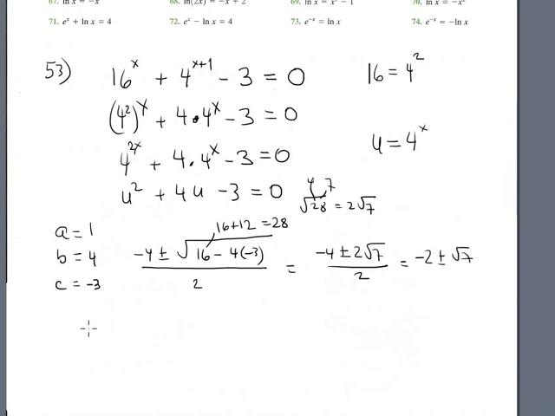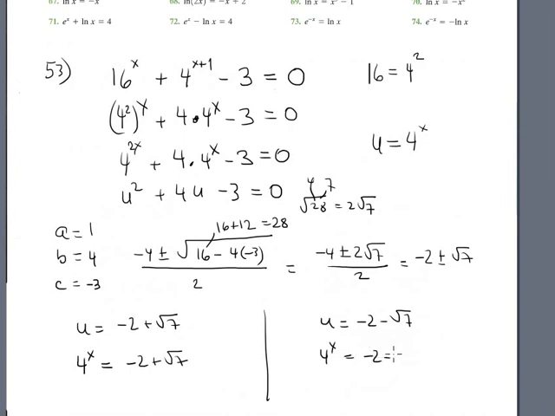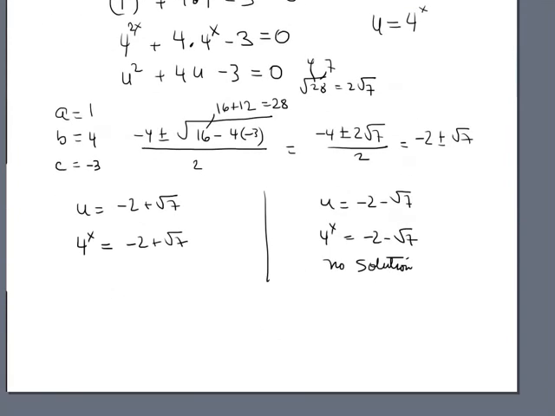So we have two solutions. We have two values of u. u is equal to minus 2 plus radical 7, and u is equal to minus 2 minus radical 7. Now, who is u? u is 4 raised to the x. So 4 to the x is equal to minus 2 plus radical 7, and likewise 4 to the x is equal to minus 2 minus radical 7. This one has no solution because it's negative. And this one, yes, this one has a solution, and the solution is